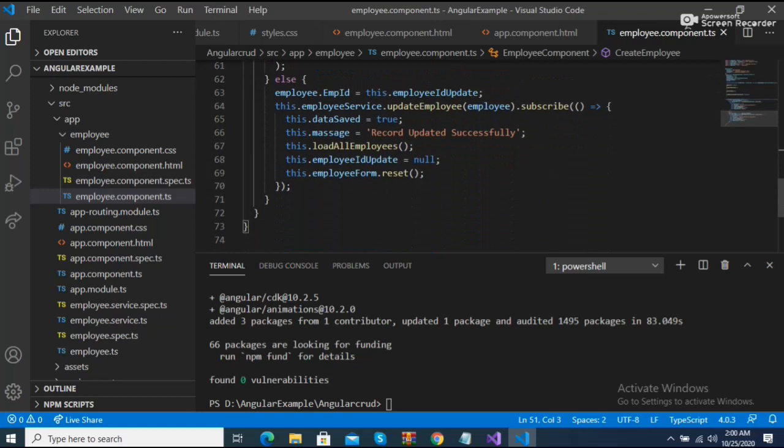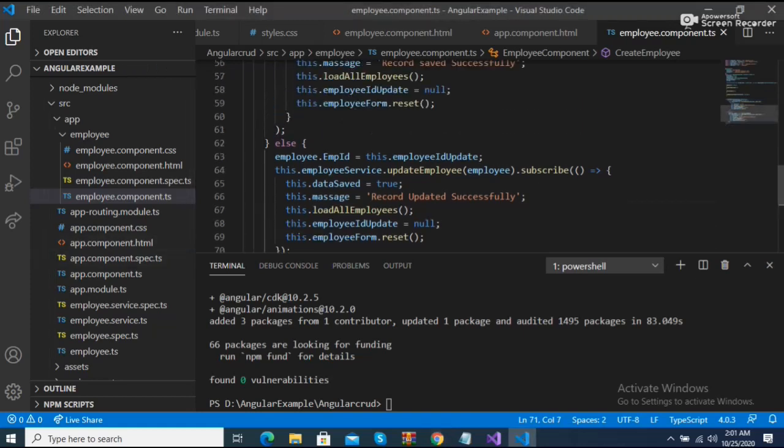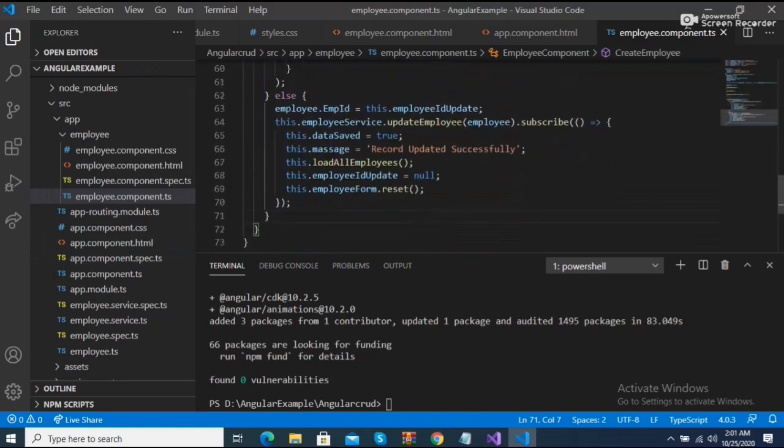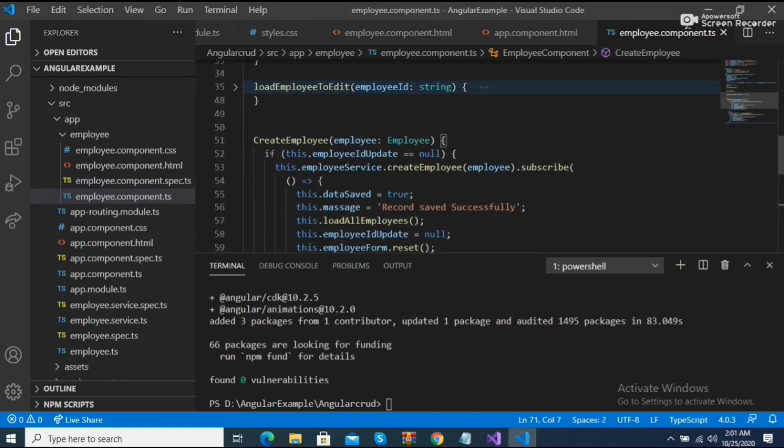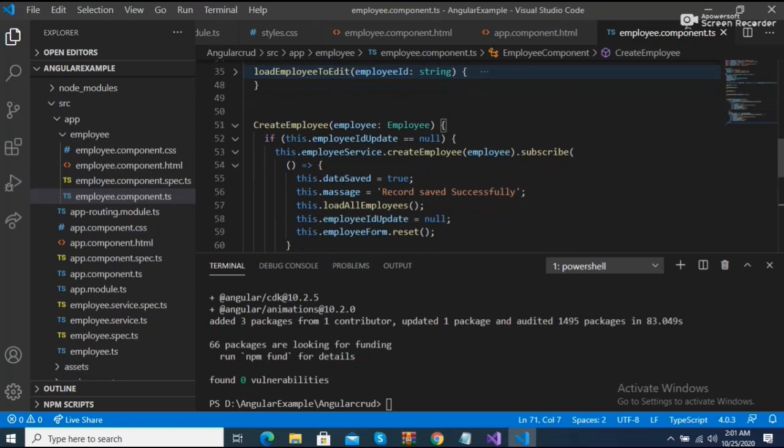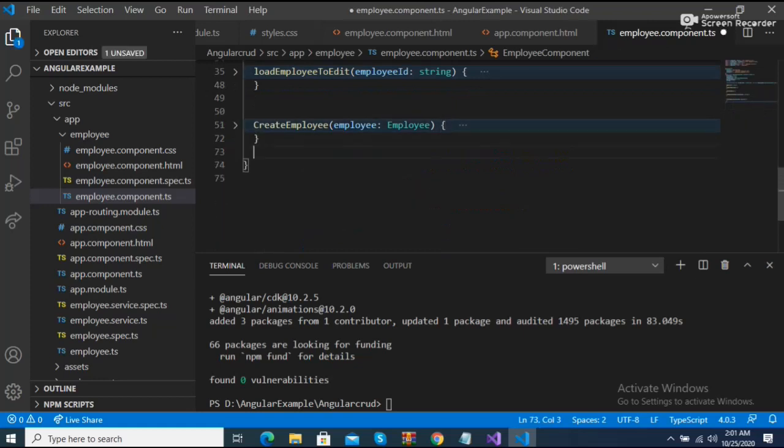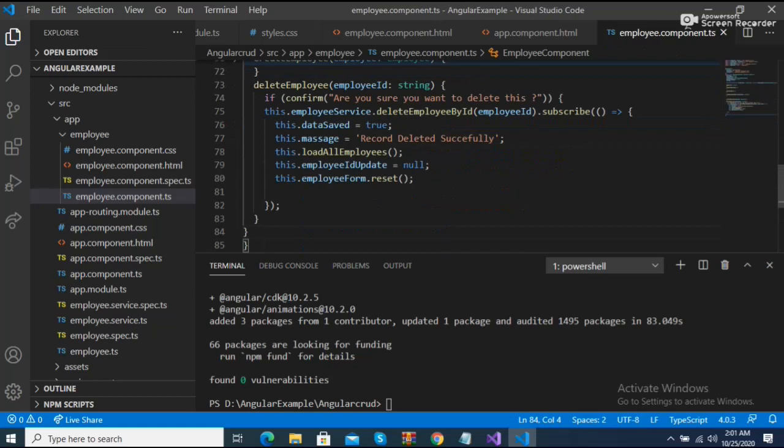So now we just need to add the delete employee. So what should we do? We just need to add delete all the employees. So I'm going to add this condition to delete all employees. I just move this kind of thing, and here I just add delete all employees. After that we just need to add the reset form. So delete employees, record deleted successfully, we want to delete this, so we just need to add reset form.